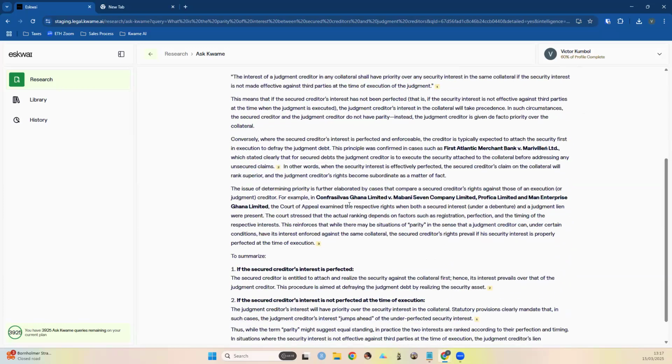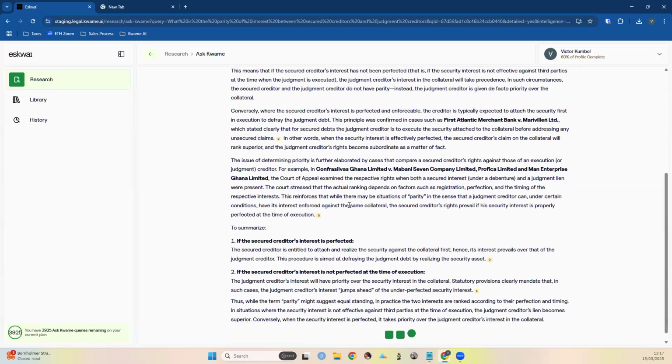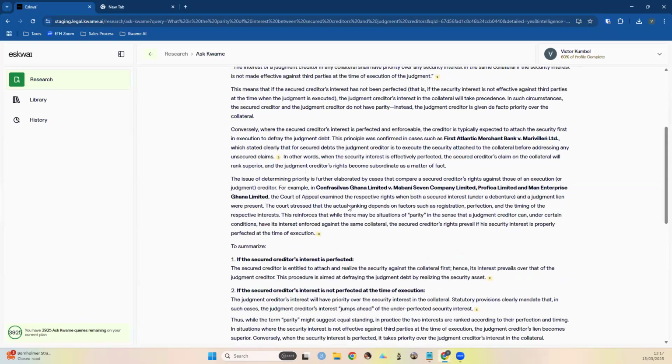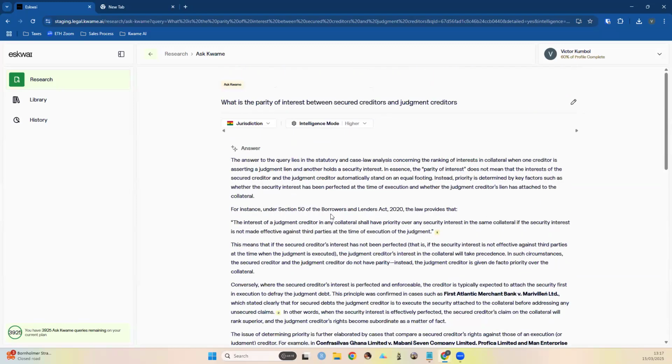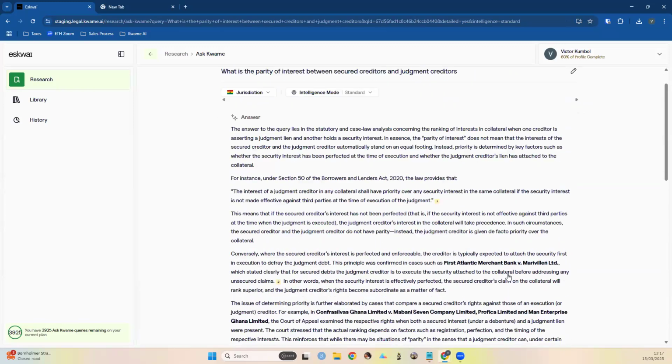Yeah, so you see what you have in this time with the higher intelligence mode. So I'm going to switch now to the standard intelligence so you can see what happens with that.